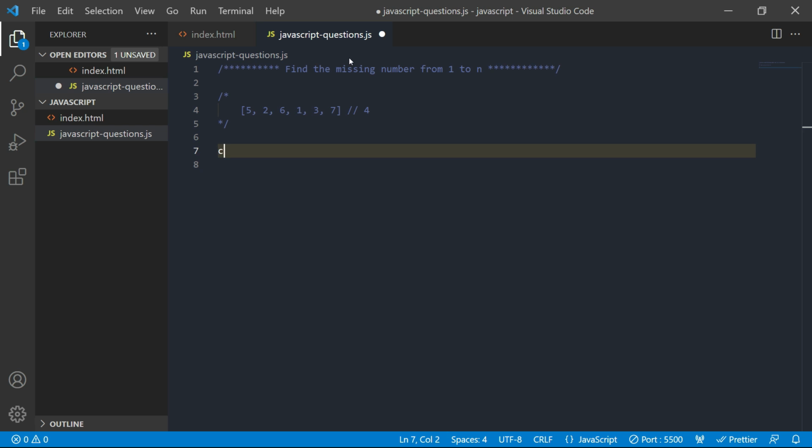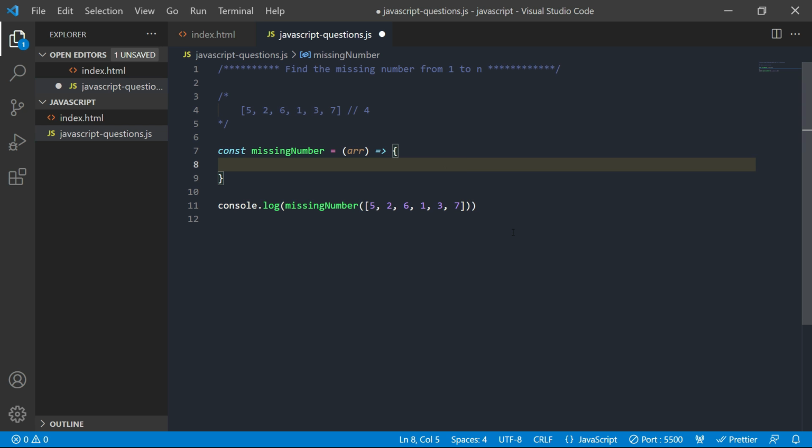First, let's create a function. My approach is to sum all the numbers from 1 to n and sum all the numbers from the given array, and the difference between those two sums gives the missing number. So let's see how we can do that.